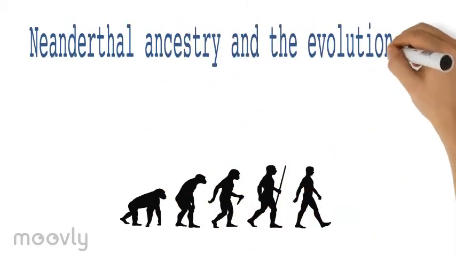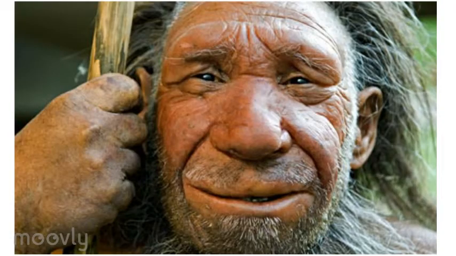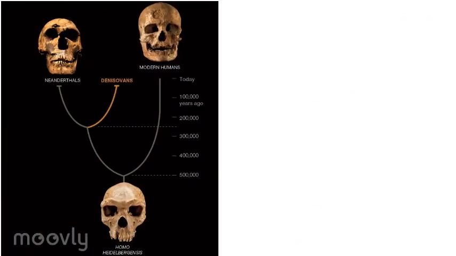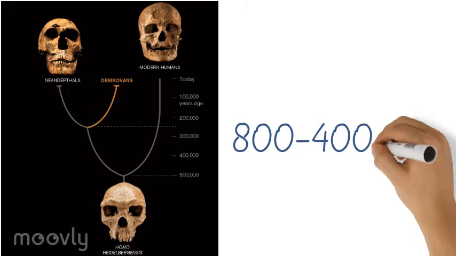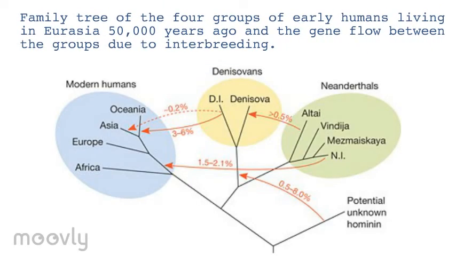Neanderthal ancestry drives lipid catabolism in contemporary Europeans. So we have all heard of Neanderthals, but what exactly are they? Diverging from a common ancestor approximately 800 to 400,000 years ago, Homo neanderthalensis are the closest extinct relatives of humans,